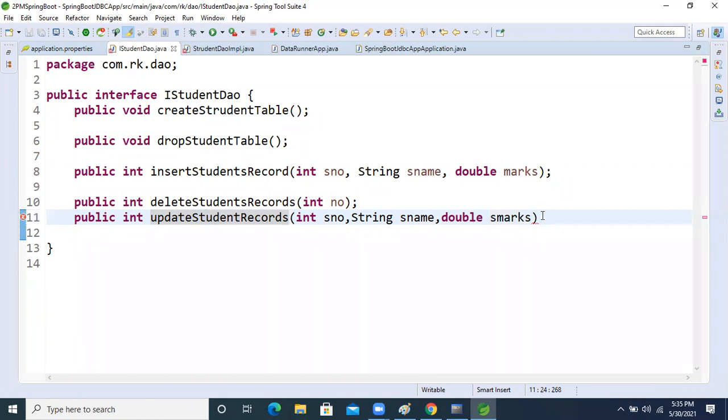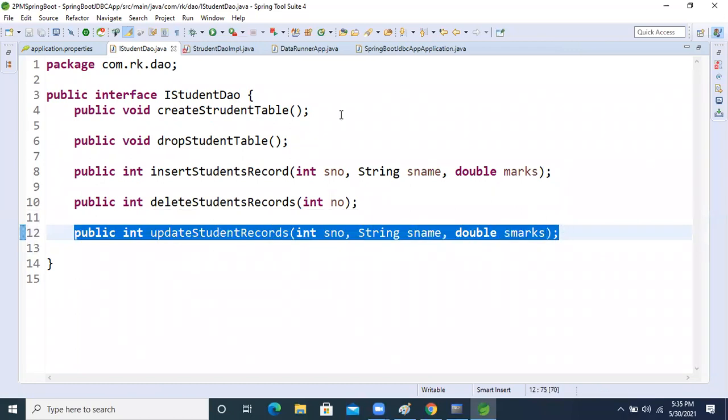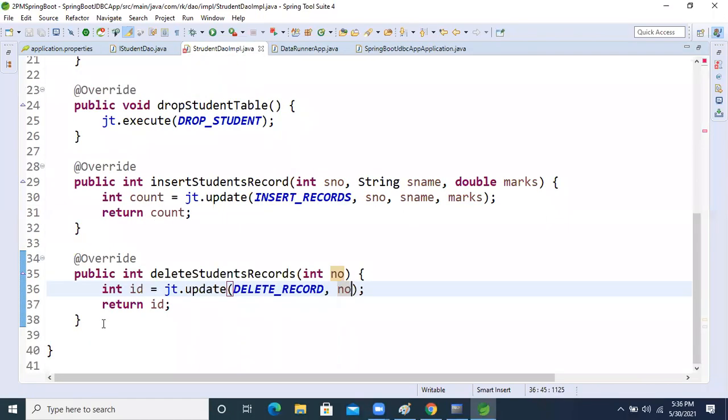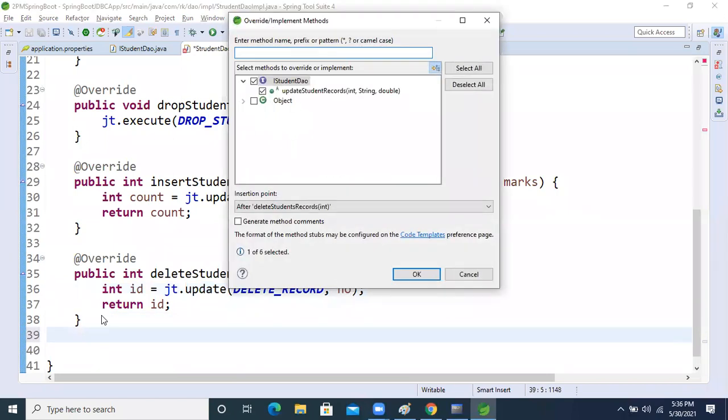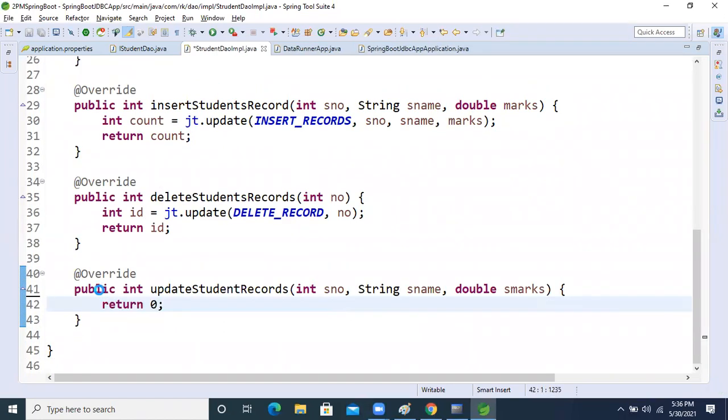Now, this is the abstract method, right, guys? Fine. So where will we go now? To the implementation class. Let's come inside the implementation class. Control Shift B. Now I'm overriding this method. So next step, but before that.